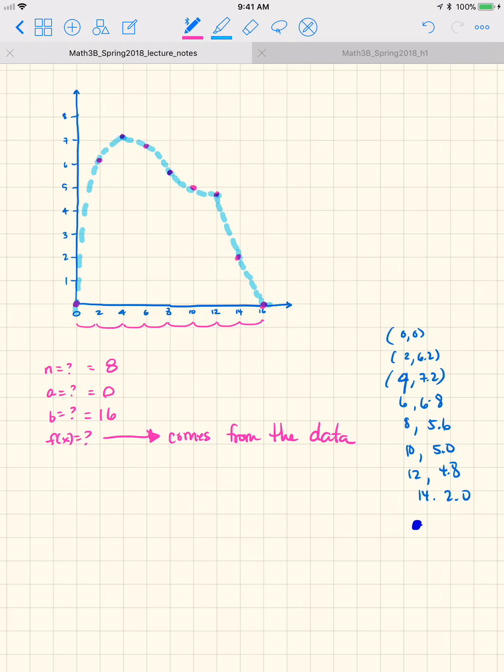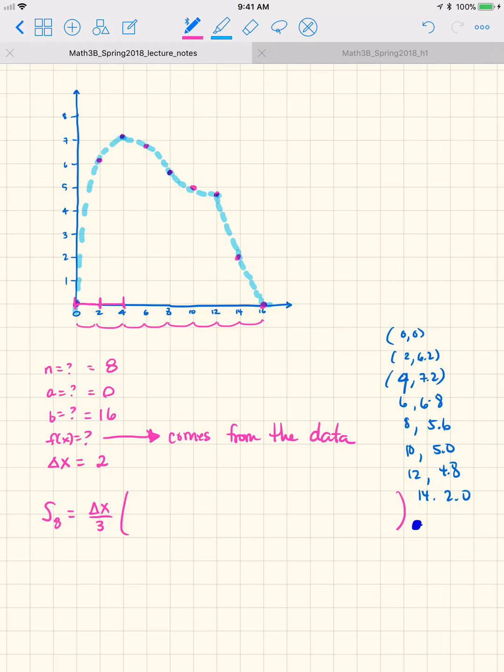So what is our delta x? Delta x is the length of each subpartition, and that's going to be 2, right? So we're going from 0 to 2, 2 to 4. Delta x is going to equal 2. So our formula for S8 is going to be delta x over 3 times, now we need f of x1,